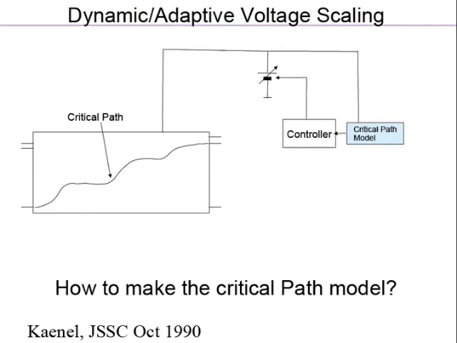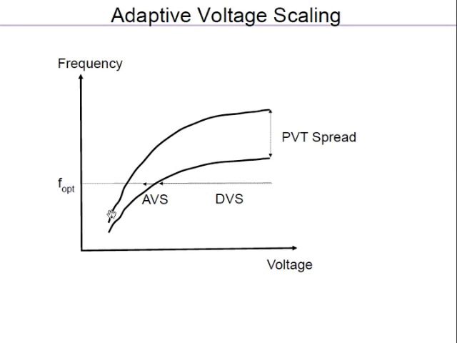So how do you do this in a dynamic way? Now we saw in the last class that one approach is that you need to capture this frequency to voltage curve somehow. One way is to capture this curve in the form of a table. Based on simulations, you say there are 3-4 different frequencies I want to run, and for those frequencies you identify these 4 voltages, and you set it up in a table. Now what you have done is implemented dynamic voltage scaling, where at least based